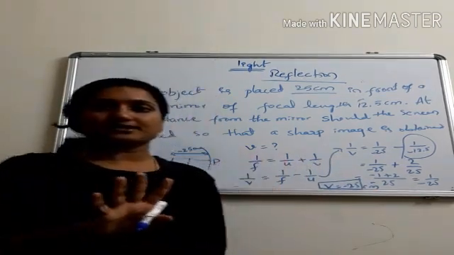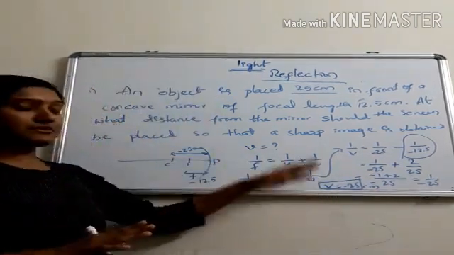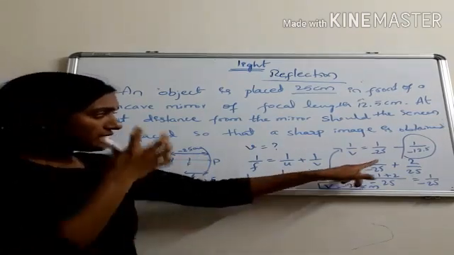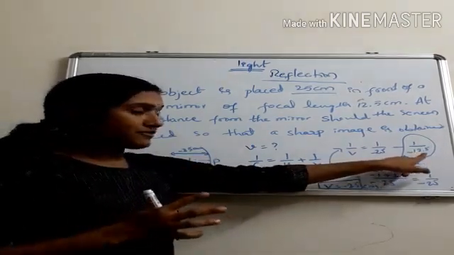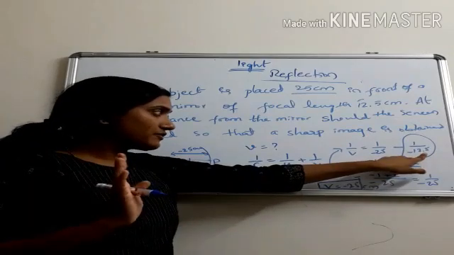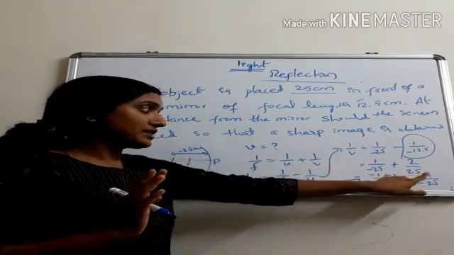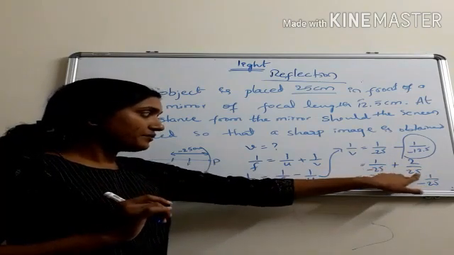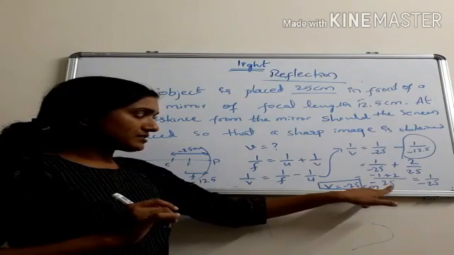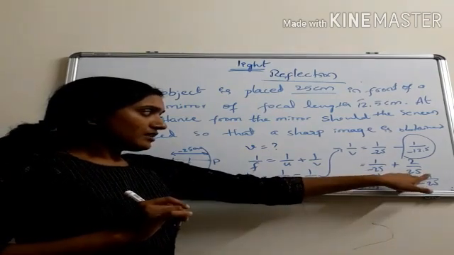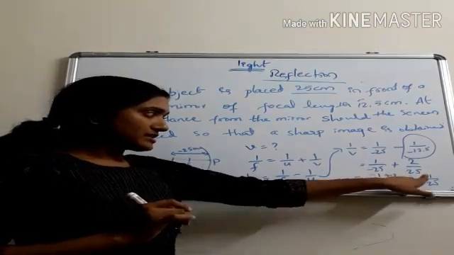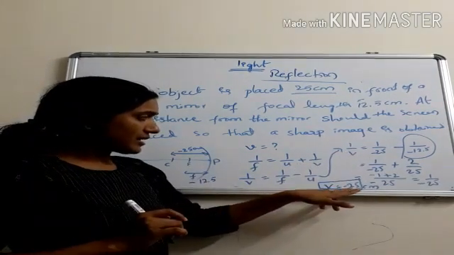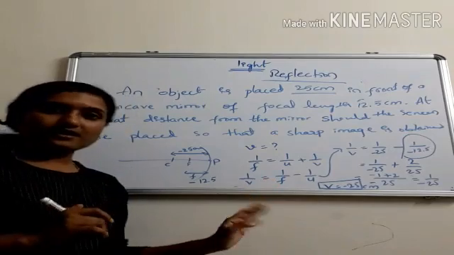Okay, this explanation is enough. Next, when we go to more complicated problems, then I will explain. So now clearly understood. For your convenience, 12.5 in decimal may cause confusion, so I am writing it as 25 by 2. The reciprocal, 2 goes upside and 25 comes down. So I am taking the LCM here, minus 25. 2 minus 1 is plus 1 divided by minus 25. Take the reciprocal and v is equal to minus 25 centimeter will be the answer.